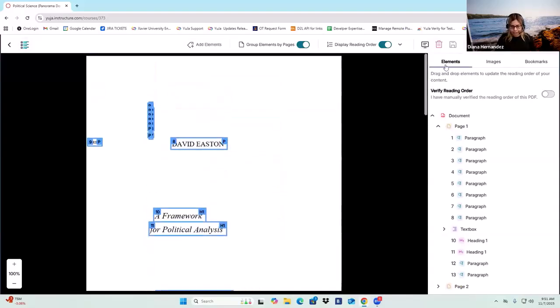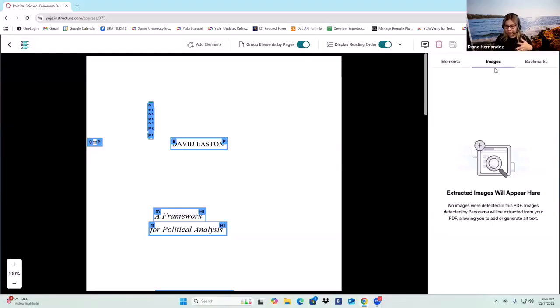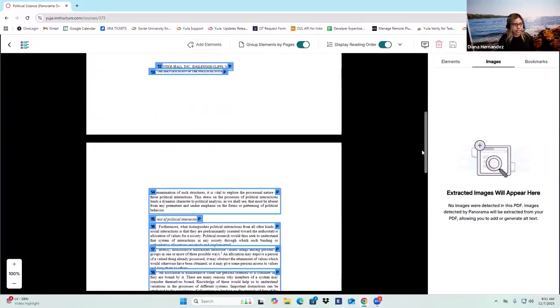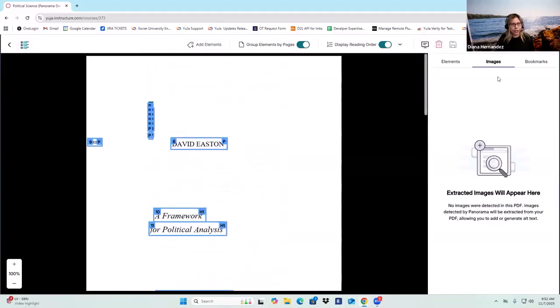If we look here on the right side, we have the elements. It breaks it down by page. It's going to tag a specific item as a paragraph. If it's not a paragraph, let's say it's a heading or a title, you can go in and add that specific tag in here, as well as list the language of the document. If you have any images, and I'll show you a different preview for this, you can also add alternative text for images inside the PDF itself. This one is just plain text, but you could also use this.